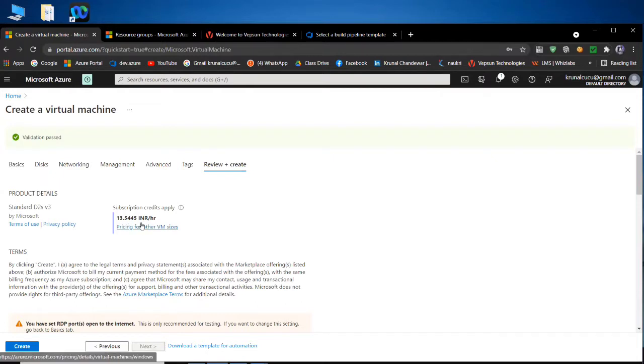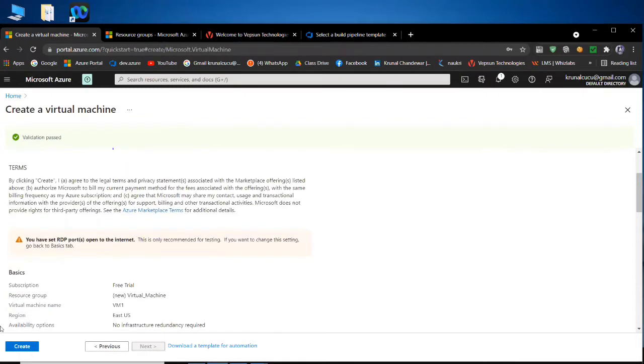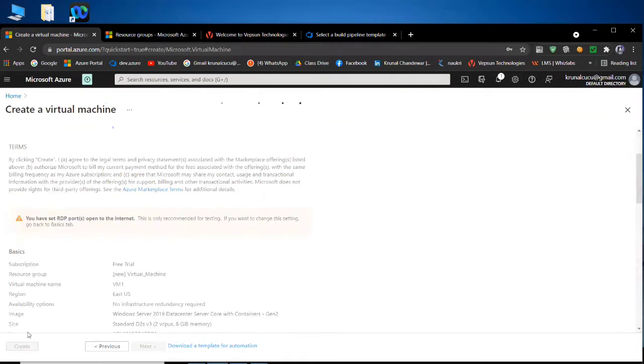Per hour, this much amount will be debited from my free trial account. Okay, because I selected that resource, I selected that region, and I selected that RAM and that much memory and that much CPU I'm using. That's why I'm being charged this much. And now what I will do, I will create my virtual machine.